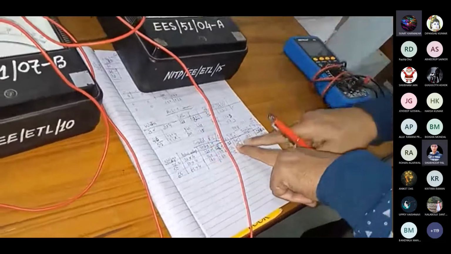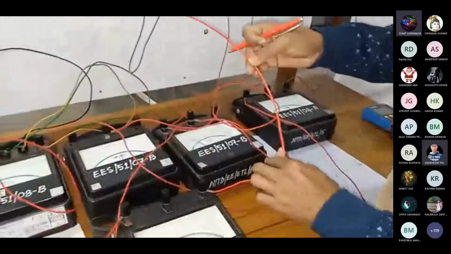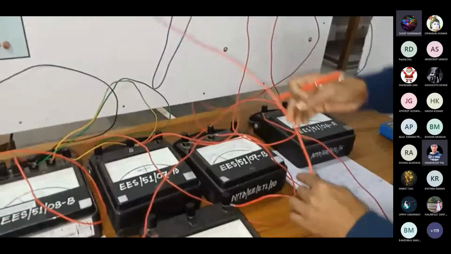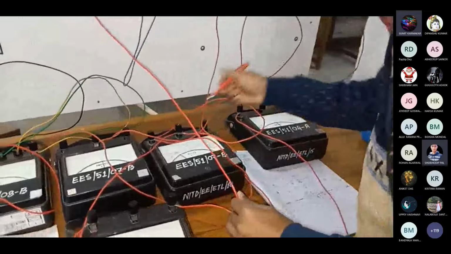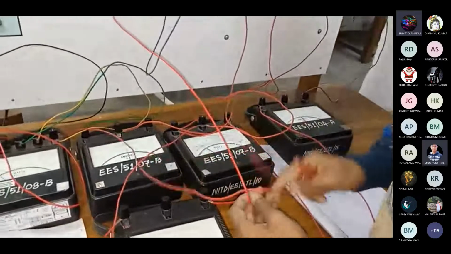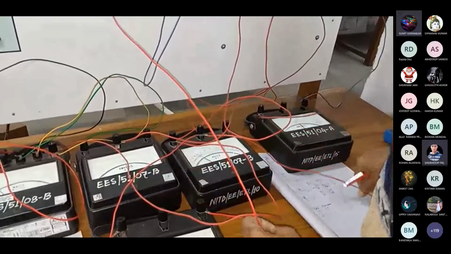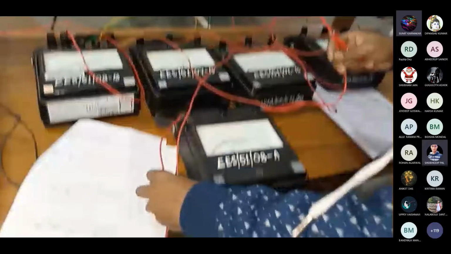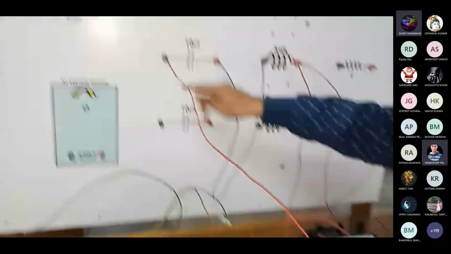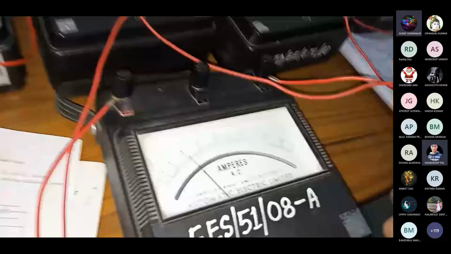Now what is the current through the capacitor, right? Capacitor means what current? This one across this, right? From this voltmeter we have connected to, see this, from here we have connected it to this point, then this to the capacitor. So that means it is through the capacitor. And the range is 1 ampere. So that means the lower scale we will be using. So how much is it? It is slightly